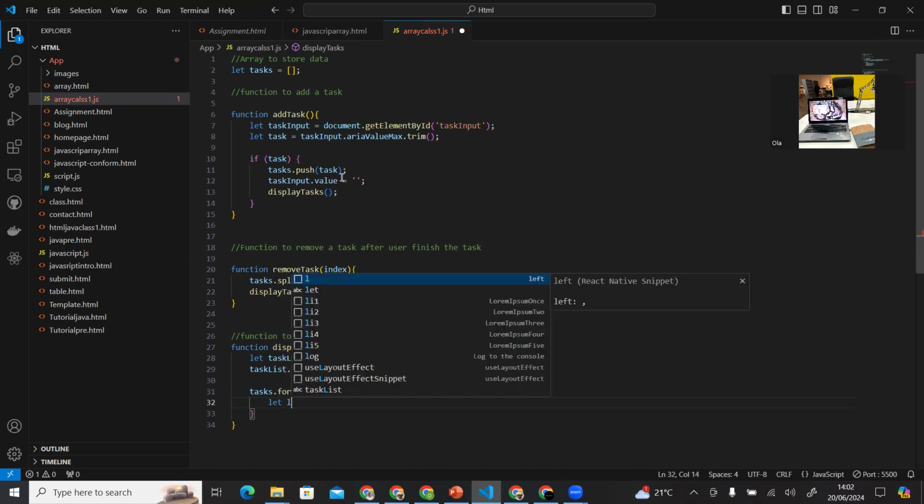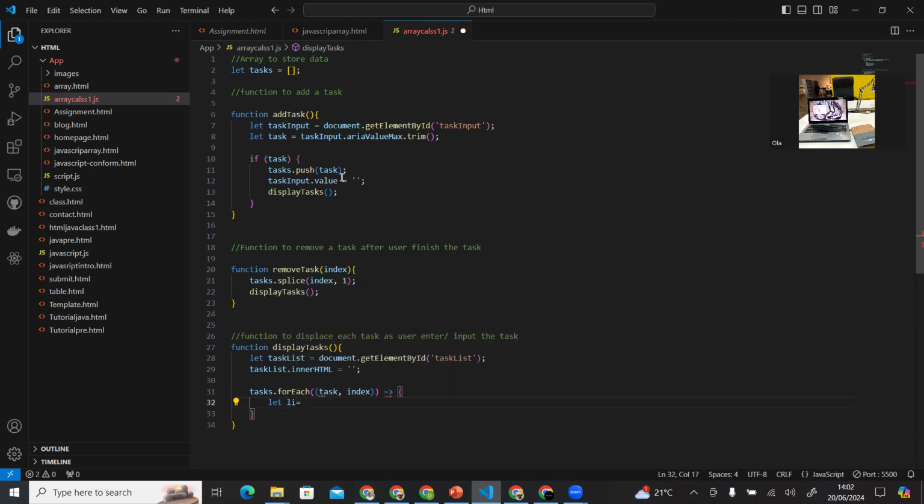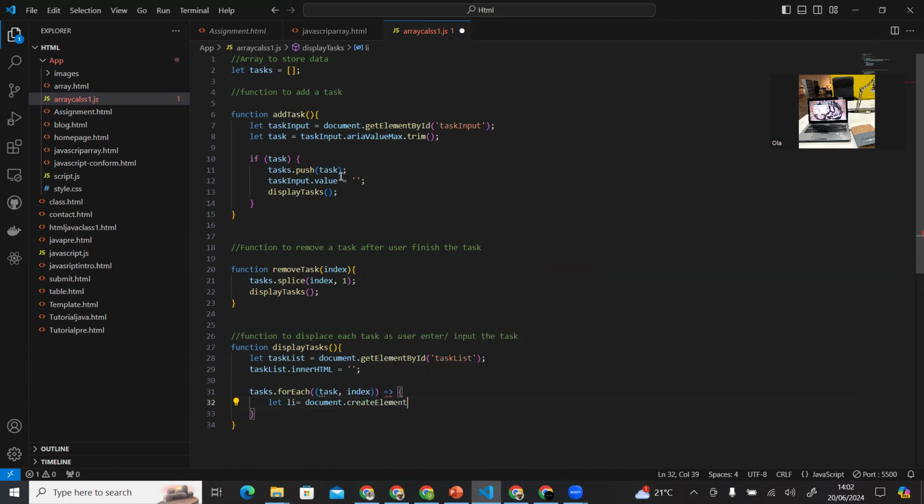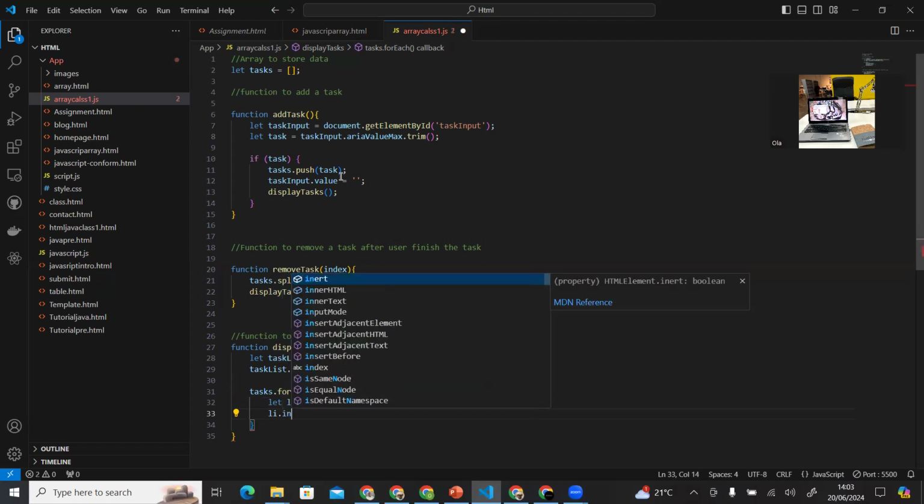So let list is equal to document dot create element, create an element of list. Then you now use list dot inner HTML